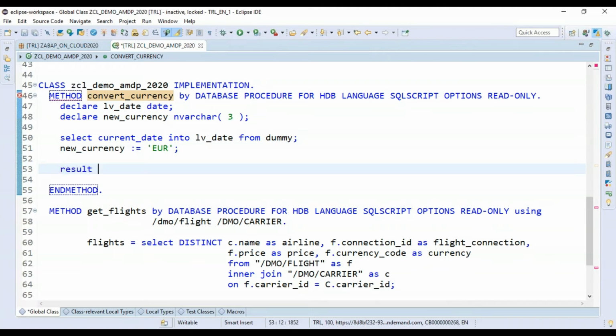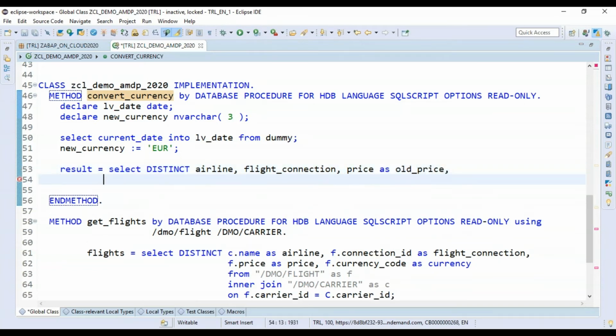Finally, we'll say result equals select distinct values, airline, flight connection, price, the current price as old price, currency as old currency,